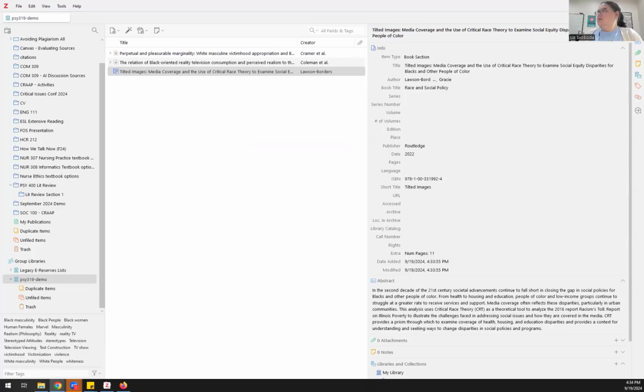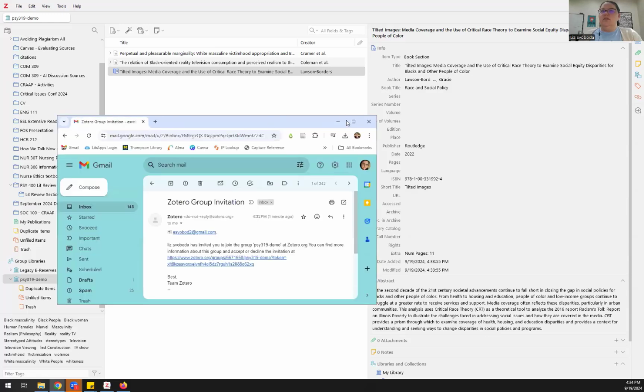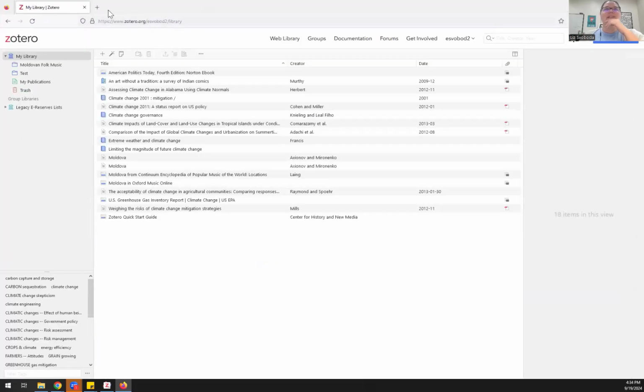And I will be able to accept. So I get this cute little email invite here. That's a Zotero group invitation. And it's just going to ask that I accept or decline the invitation. So I'm going to copy the address here and open up another browser window. Sorry, this gets a little complicated at this point in the